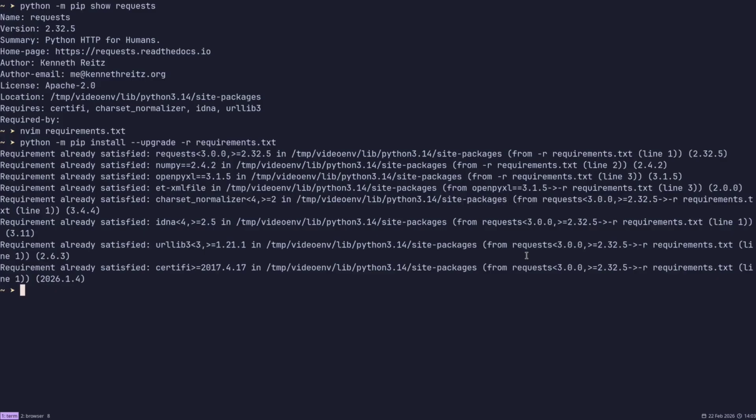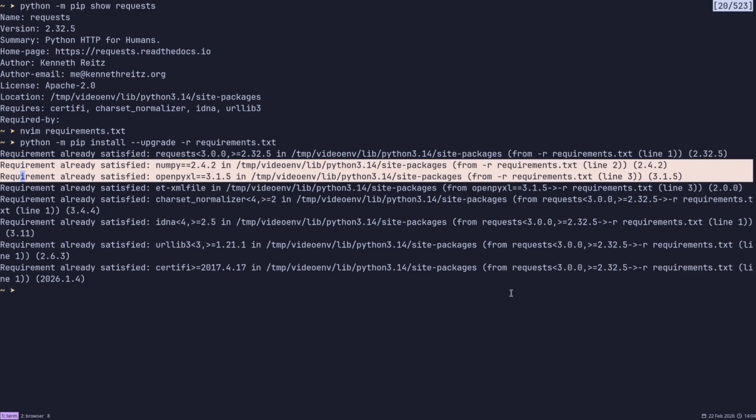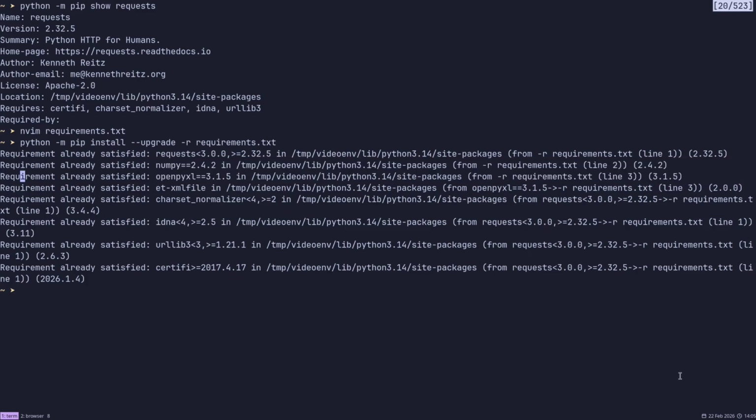It's also worth mentioning that you can, and should for production environments, lock the specific version of the package, like we did for numpy and openpyxl in the requirements.txt. I hope